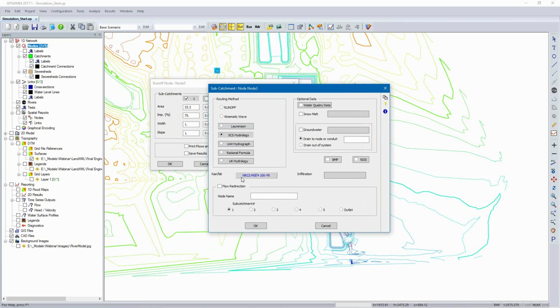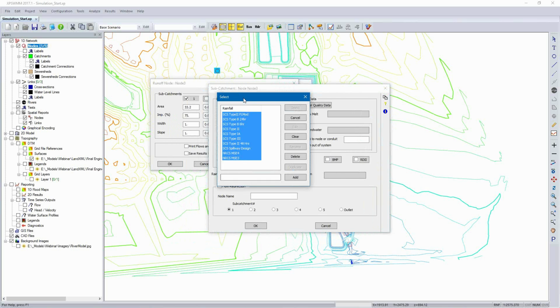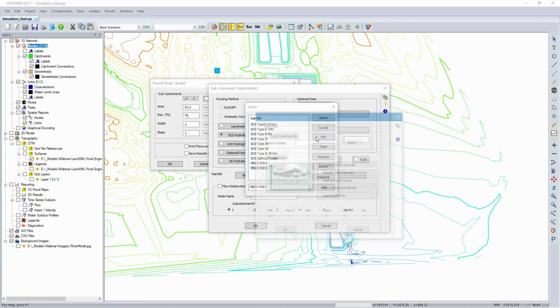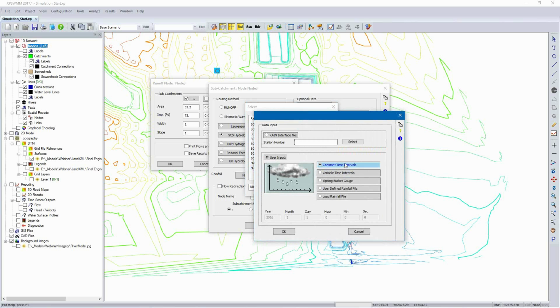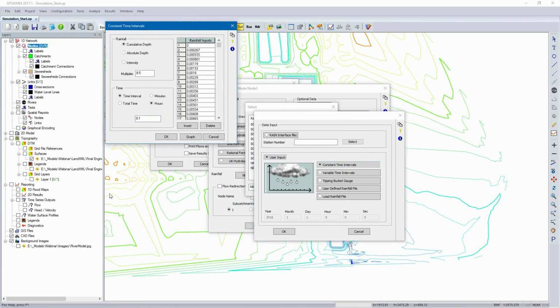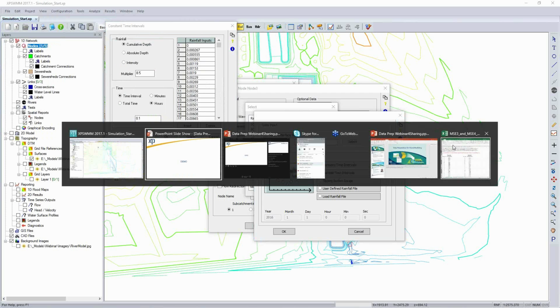But one of the things I wanted to bring to your attention is on the global data. In this case, I have the NRCS MSE4 and MSE3 storms available within this model. And this is something that can be pasted. If I look at